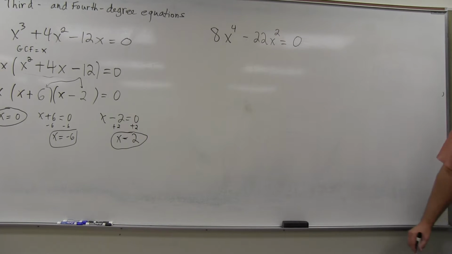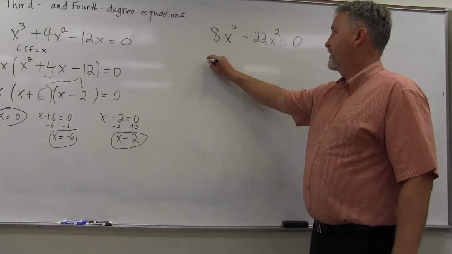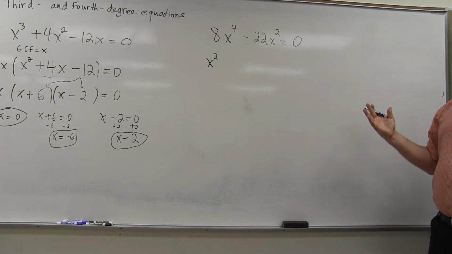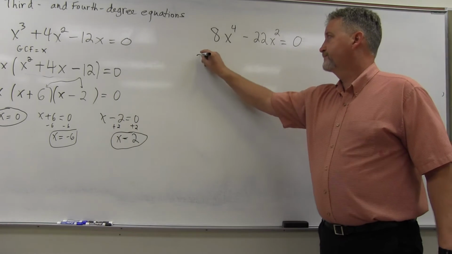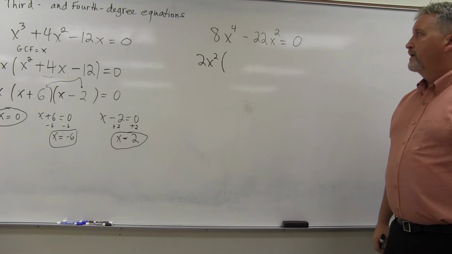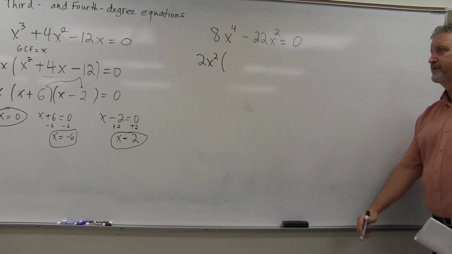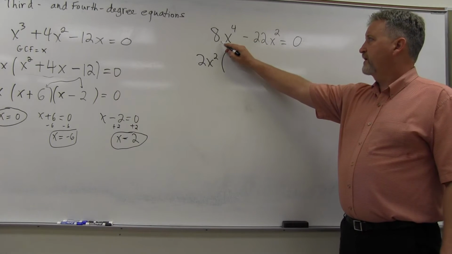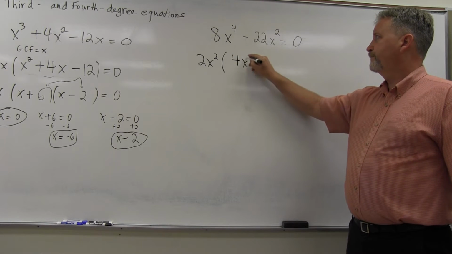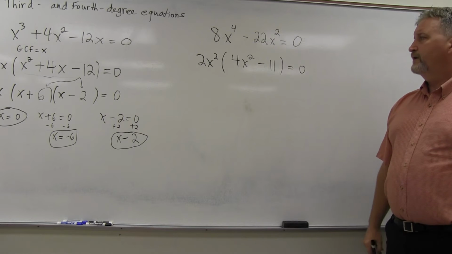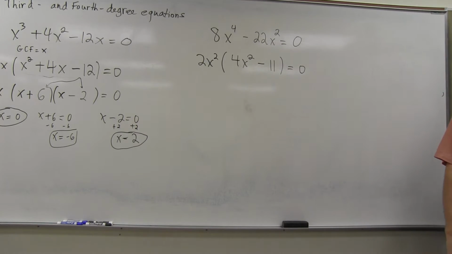Any factoring? X squared. I can bring out an x squared, and if we see it, we could go ahead and do a little more. 2. We bring out a 2x squared. The x squared is the main, but the 2 will help as well. But anyway, so if we bring out 2x squared, that'll be 4x squared minus 11. Yes. Okay. All right, well,